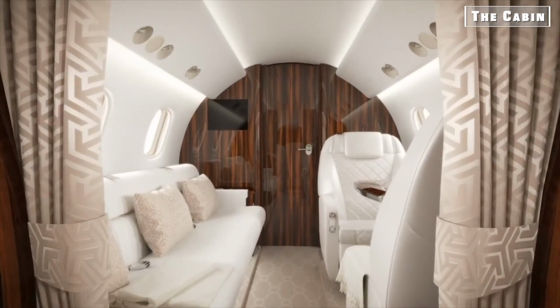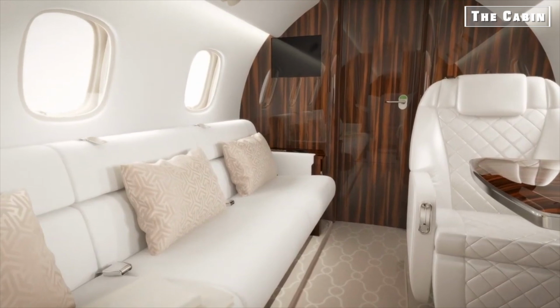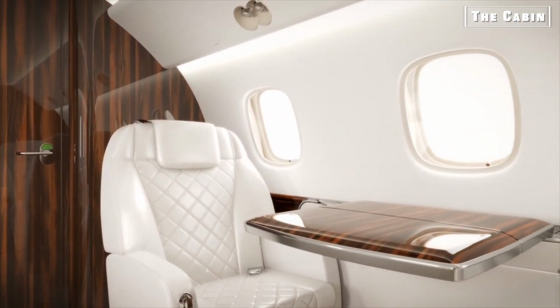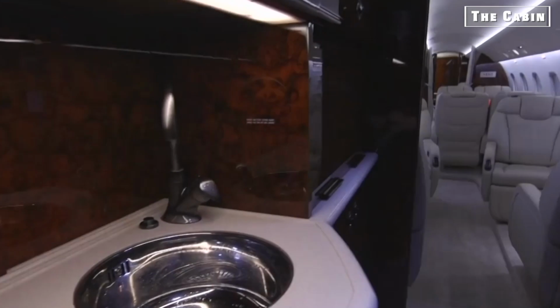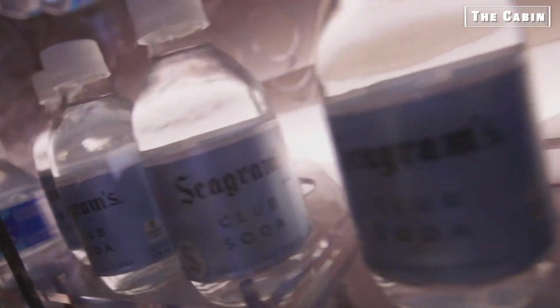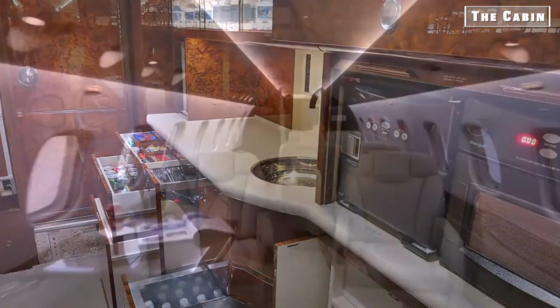The 600 is normally configured for 13 passengers and 4 standard seating arrangements. The typical executive cabin features, of course, the 3 zones. And how are these zones arranged? A forward galley and closet. The galley is in a class of its own, featuring some awesome amenities like a cutting board, microwave, refrigerator, and much more. Then there are 4 large executive seats arranged in a facing group sharing 2 fold-out tables,